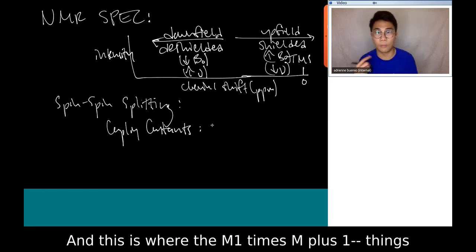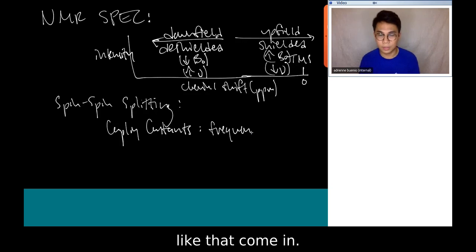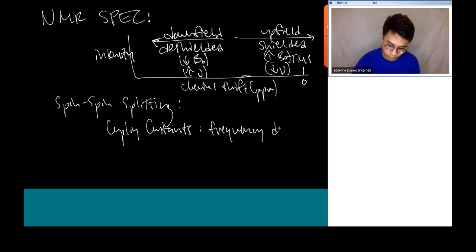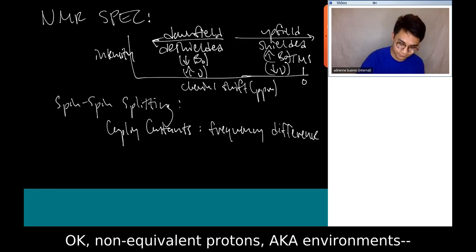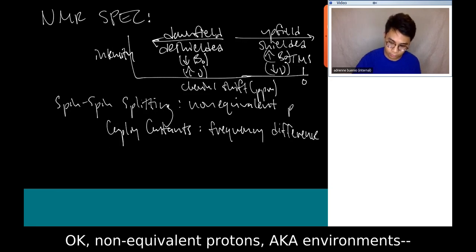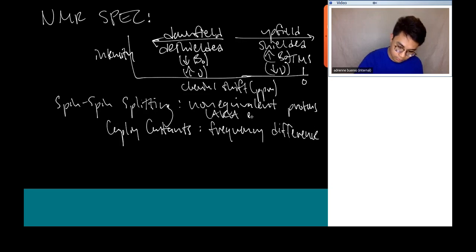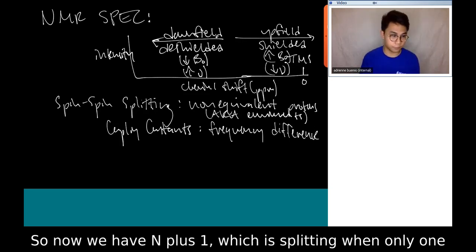And this is where the n plus 1 rule comes in. Spin splitting involves non-equivalent protons, AKA different environments. So now we have n plus 1, which is splitting